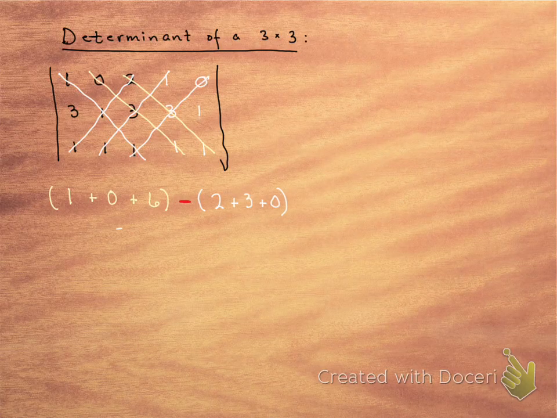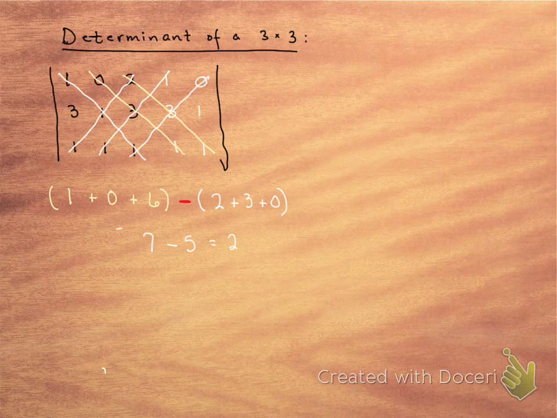So the determinant is 7 minus 5, which is equal to 2. So the rule to find the determinant of a 3 by 3 is you pick up the first 2 columns, stick them on the end, and then go about your major